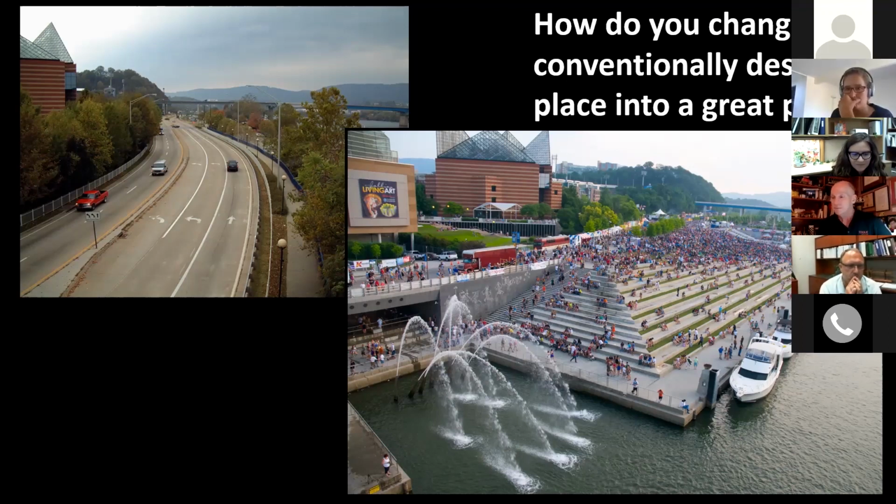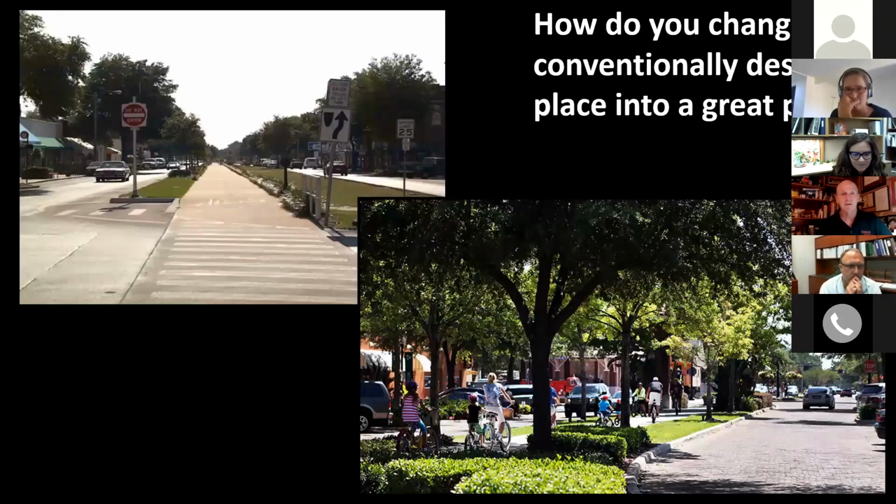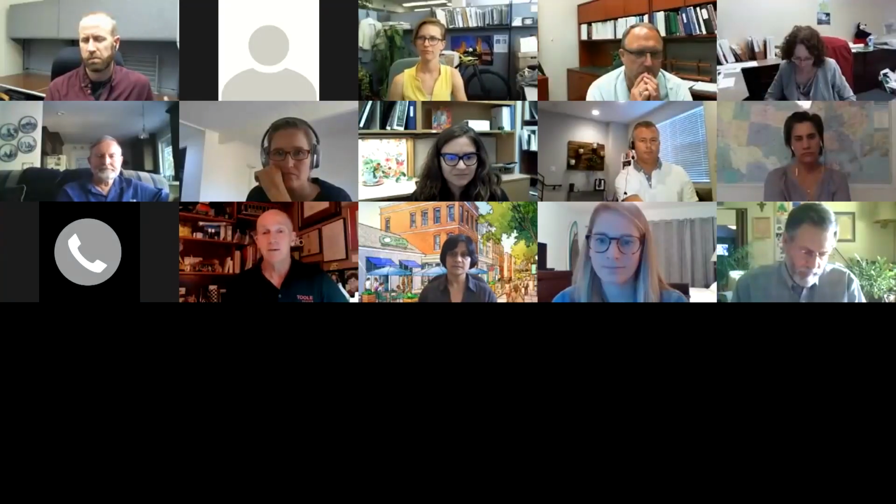Next. So this is a place called Winter Garden, Florida. It too is quite hot, and they had this trail going down the middle of their main street, and it was hot. Nobody used it. 80% vacancies along the stores on the sides, and so we redesigned it to be comfortable, and we planted a lot of street trees. You can see in the right-hand image along the trail. We changed the trail as well, and ended up with a completely occupied main street.